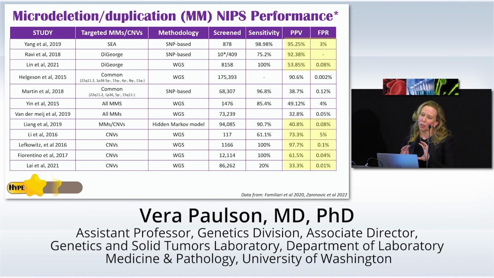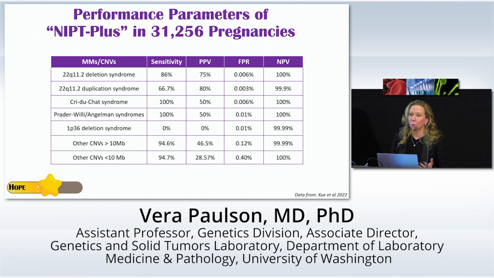And then really it's also focusing on the fact that for small defined changes, we're great, but if you're talking about all the microduplications and deletions across the human genome, the sensitivity and specificity there are going to be less on average. And that's really what this study was breaking down by disorder.